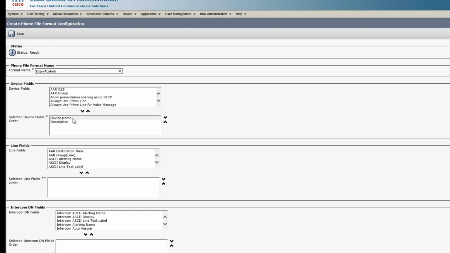We're definitely going to need the device name and the device description, and down here under the lines I'm going to go and grab every little bit of information that can help me identify that line. So I'll get the alerting name, the display ASCII, add them down there. We get this alerting name as well. Now I don't really need all of these, it just gives me clues as to who this line belongs to. I will definitely need this directory number, so make sure to grab that. Grab this one, and let me get the lines down here. Get the line description, the line text label,